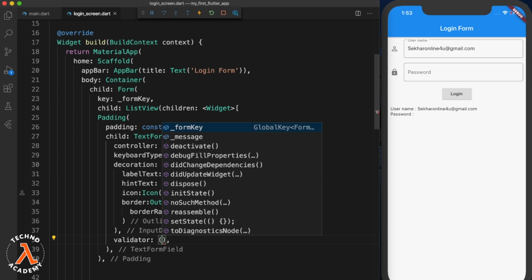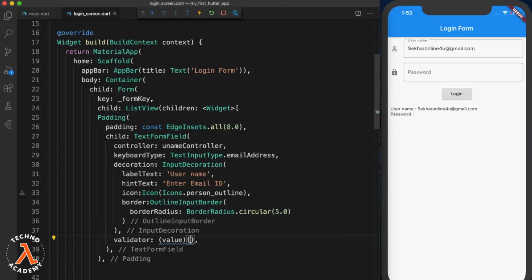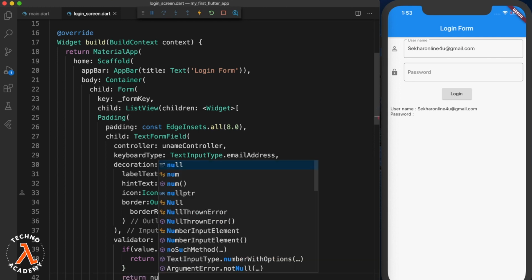We can assign a method, but let me make it simple by writing the code here itself. So let me type in value, and within the braces, let us write our validation code. Let me type in if value.isEmpty equal to true, then let me return "Username can't be empty". And if the user has provided the value, let us return null.